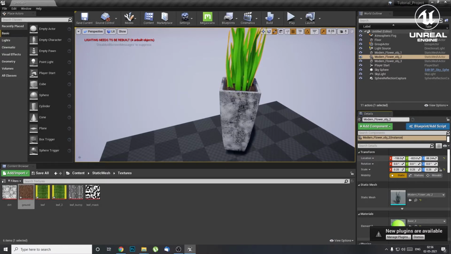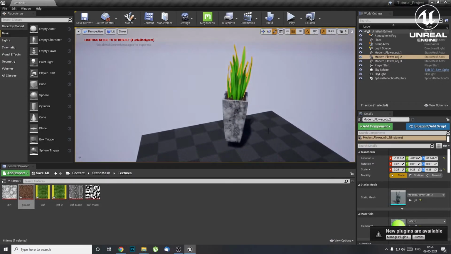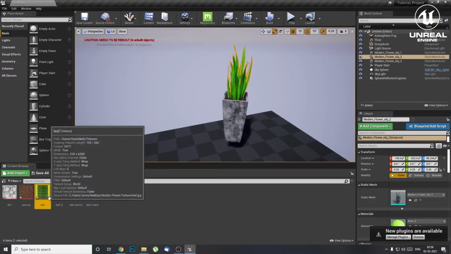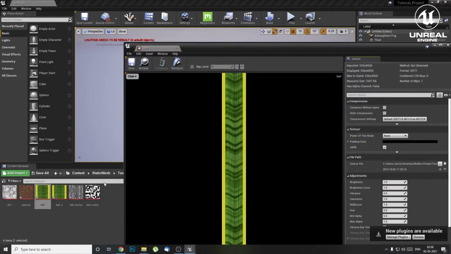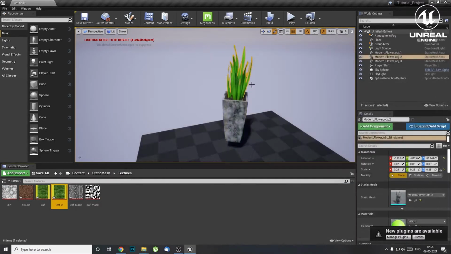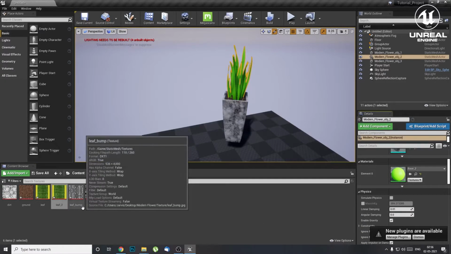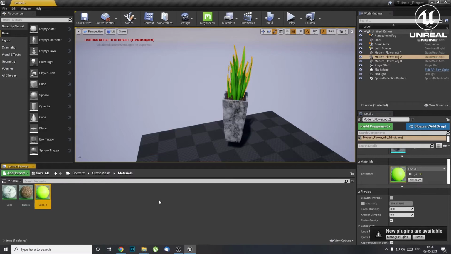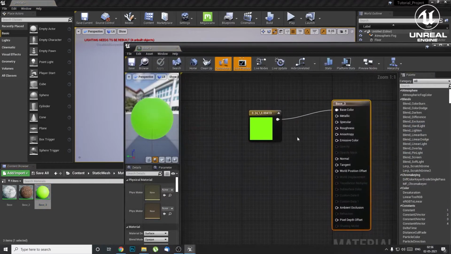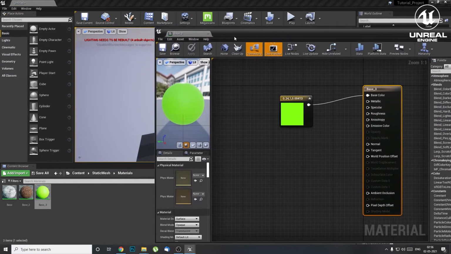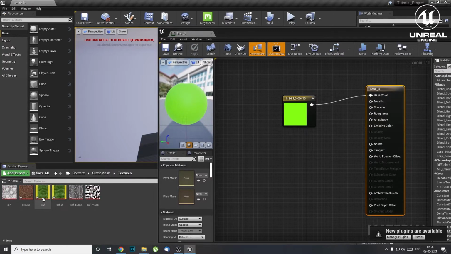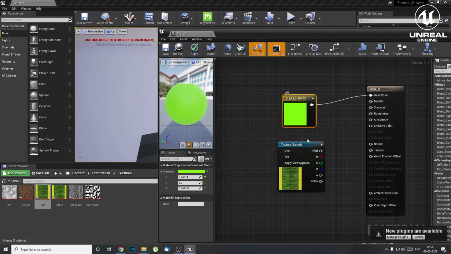I'm just adjusting the position a bit so it comes in the center itself. So this is the center part, and there are two different leaf materials. You can see this is 1. This is how it looks, and this is 2. We want it to be like a mixture of it, right? We can apply anything inside it. What we'll do is open that material. We will take the texture, and we can just drag in this one.